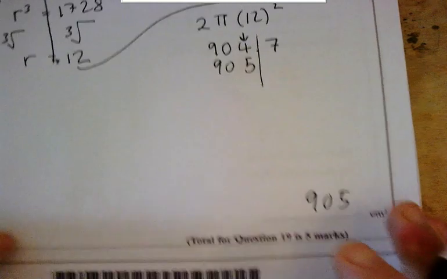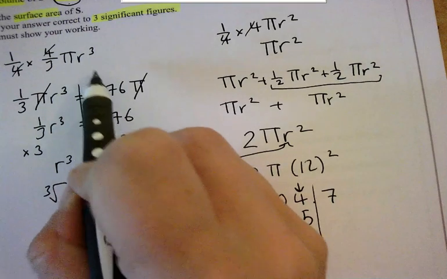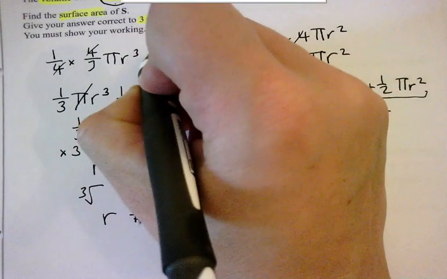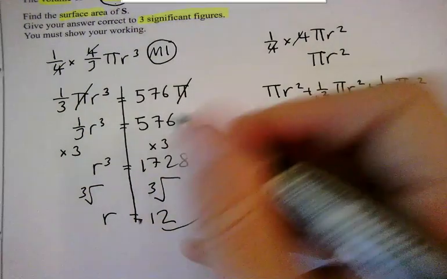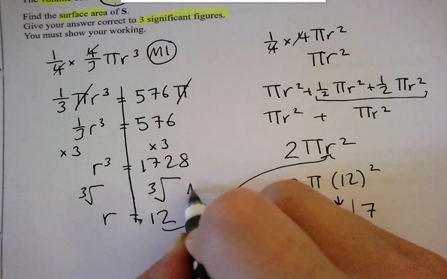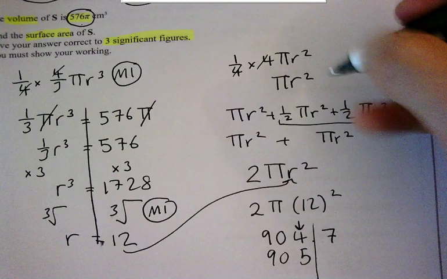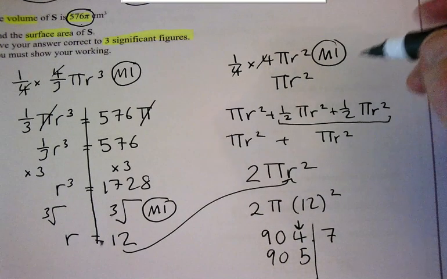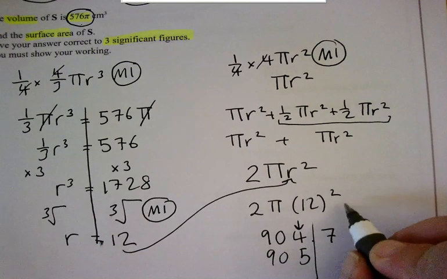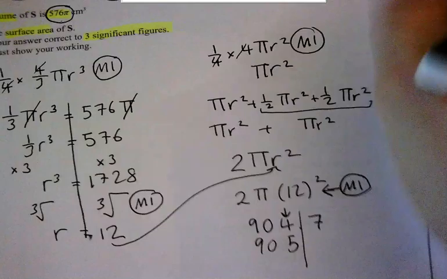You would get 1 mark for actually just writing this. A quarter times 4/3 pi r squared is a whole mark. 1 mark for a complete process to find r, so if you got up to this cube rooting. 1 mark for a process to find the curved surface area, so if you've got a quarter times 4 pi r squared, that as well is a whole mark. 1 mark for a process to find the complete surface area, so if you got up to this line, that is a mark. And then full marks for